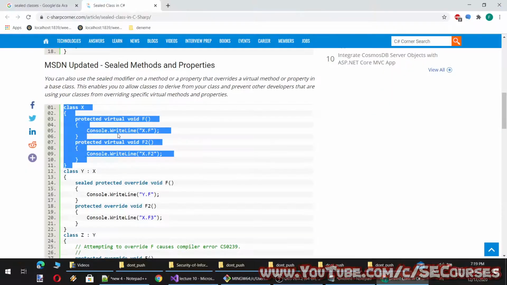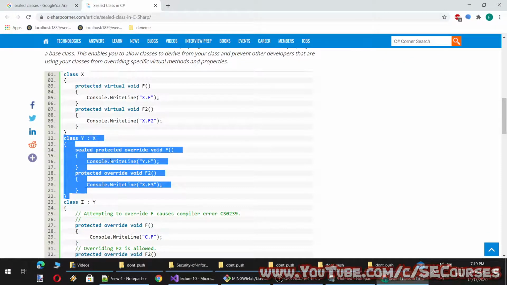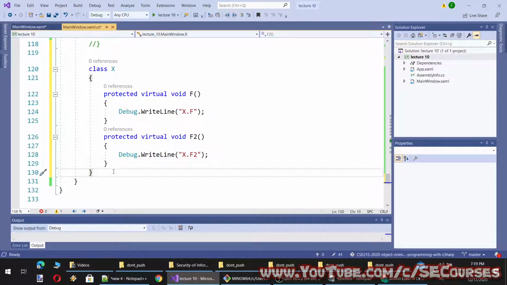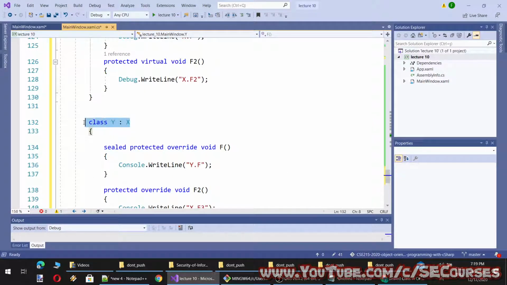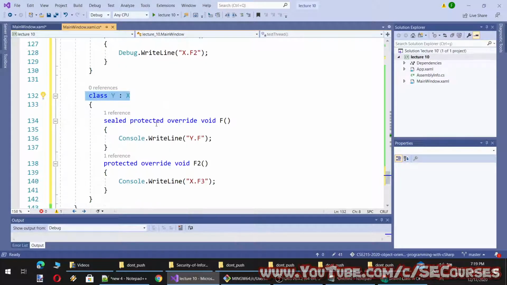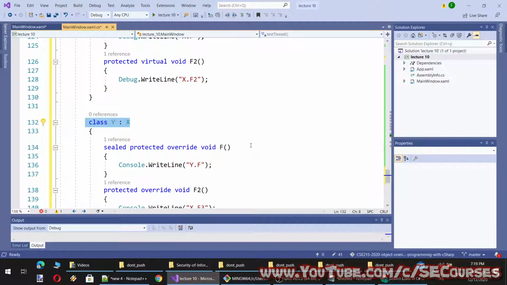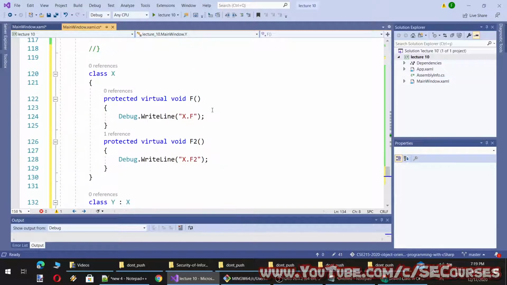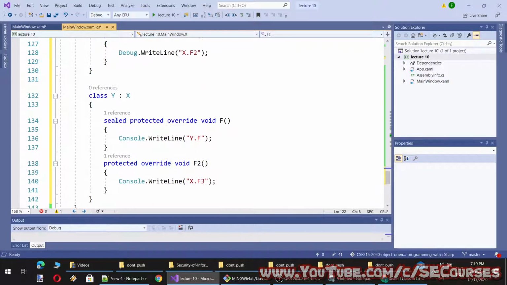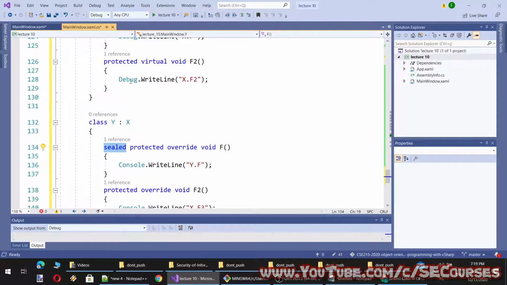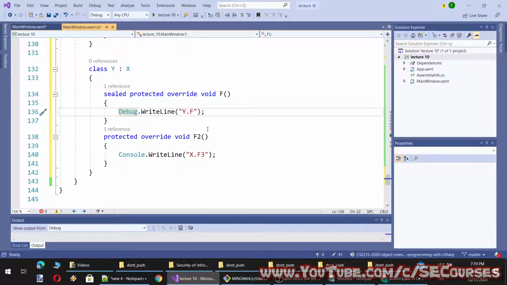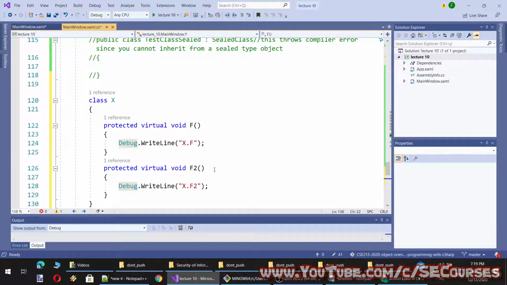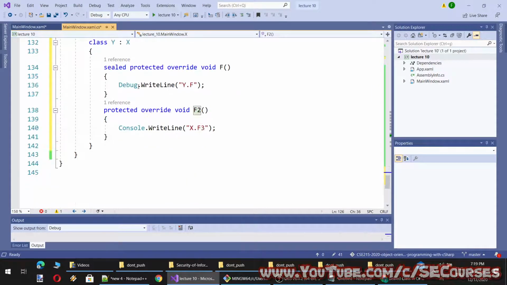Okay, and then we have another class which inherits from class X. So class Y inherits from class X, and it overrides the virtual method f, however with the sealed keyword, and it also overrides the method f2.